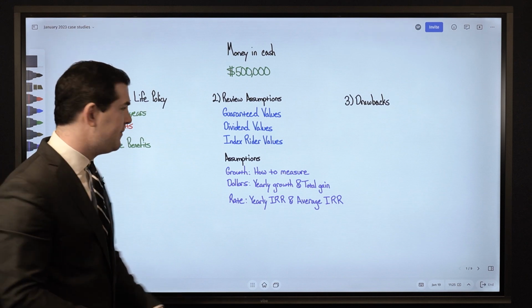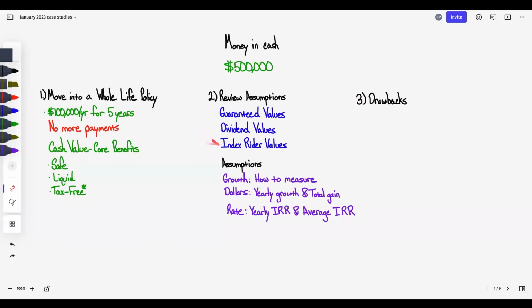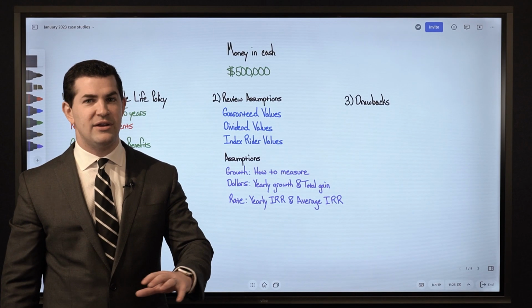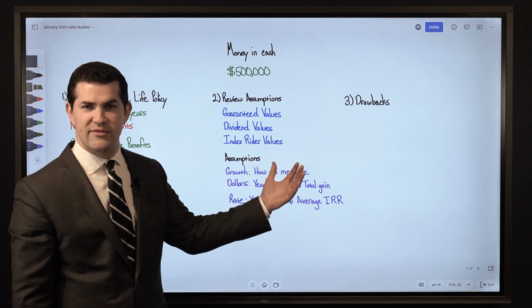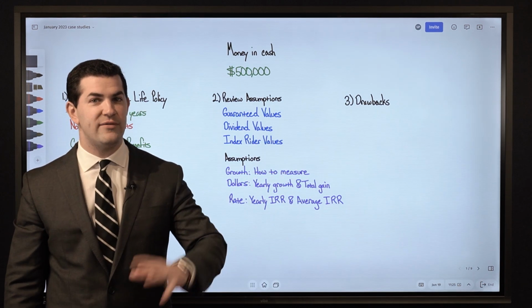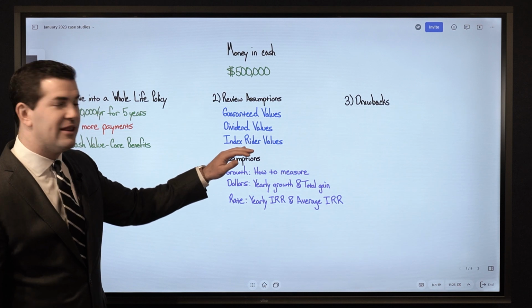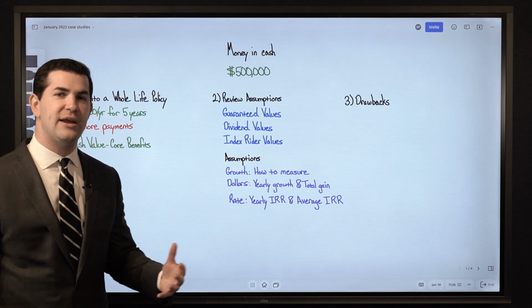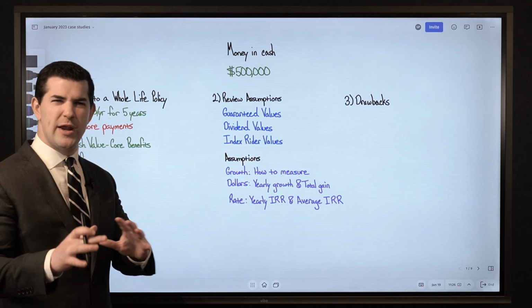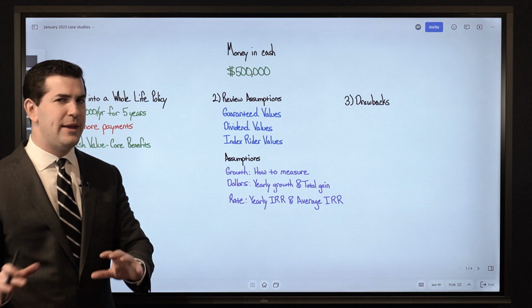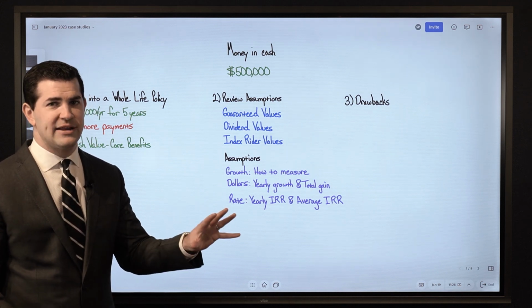The fun part about it is we can actually switch back and forth between that and the dividend over the years. We can even elect to put a portion of our cash value into the basic dividend portfolio, meaning receiving the basic dividend rate, and then a portion of our cash value can be tied to the indexed rider. So it's a nice option that we can be creative with over time, and we don't have to pick one option and then we're locked in for life.